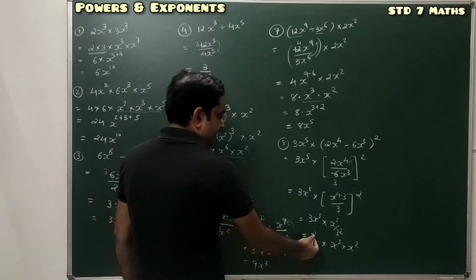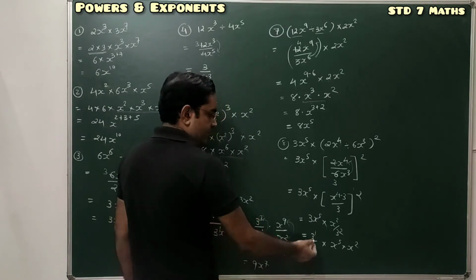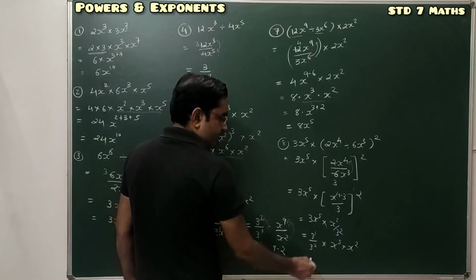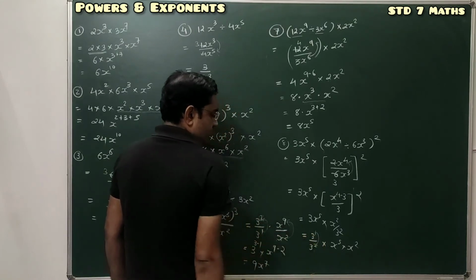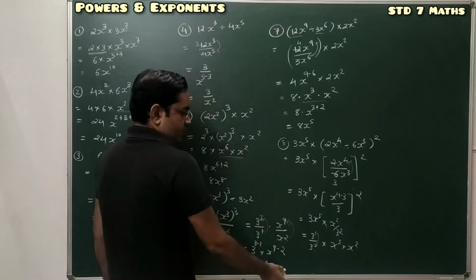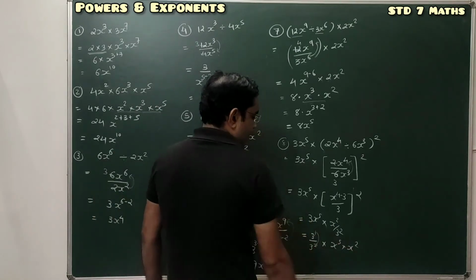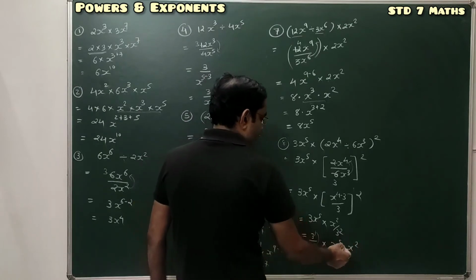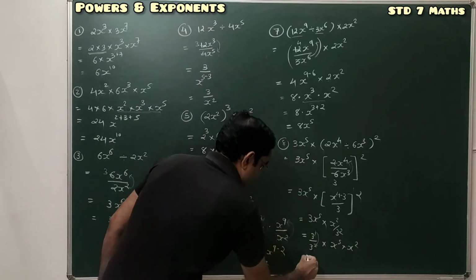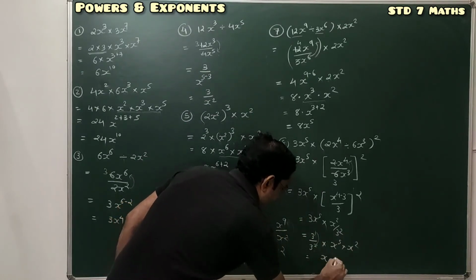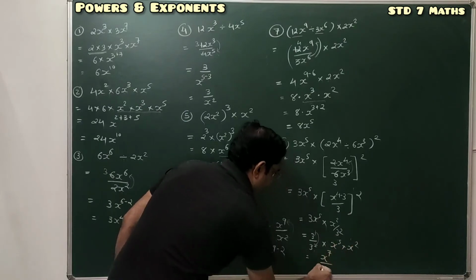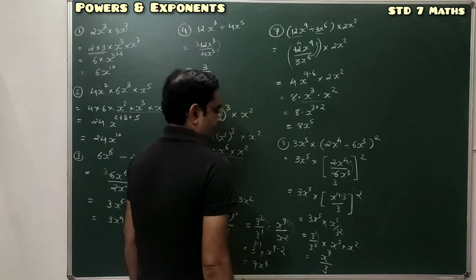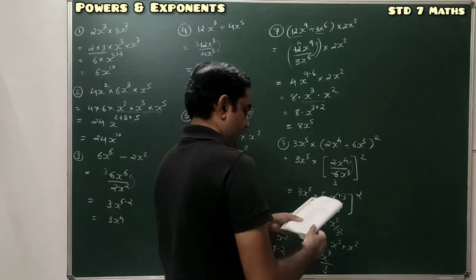So two powers are in division with the same base, so we can perform the subtraction of these two powers. Here the power of the denominator is greater than the power of the numerator, so we perform the subtraction as denominator. And here two powers are in multiplication with the same base, so we can perform the addition of these two powers, 5 plus 2. So this is equal to x raised to 5 plus 2, 7, divided by 3 raised to 2 minus 1, it's a 1, so 3. So the answer is x raised to 7 by 3.